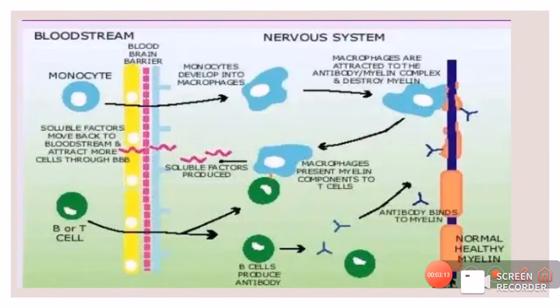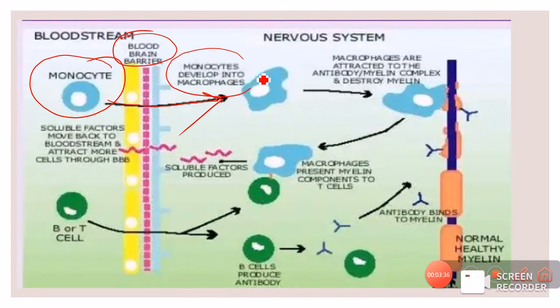Now this diagram explains the same thing. So this is the blood-brain barrier over here, and usually it will not allow the monocytes to pass through it. However, some systemic cause will cause increased permeability or breakdown of the blood-brain barrier, leading to the monocytes coming inside the neural tissue, and then the monocytes will develop into macrophages. These macrophages will get attracted to the myelin complex, and then they are going to destroy the myelin